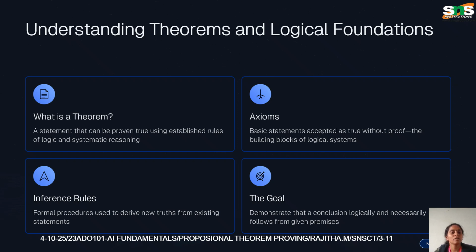So, what is a theorem? It is a statement we can prove true using logic rules. Think of axioms as the basic truths. We start with things like 1 plus 1 equals 2. Inference rules are like steps we follow to reach new conclusions. The goal is to show that a conclusion logically follows from given facts, ensuring the computer's reasoning is solid